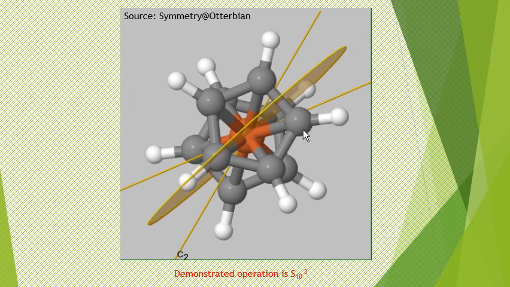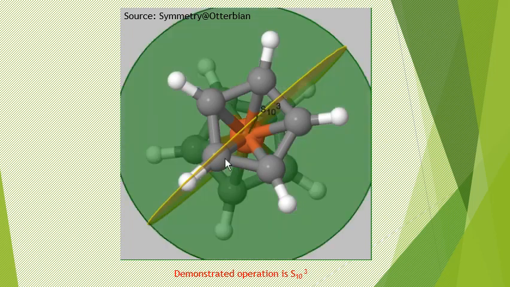Just one operation on the S10 axis I will show. So S10, exactly how many operations are possible, that should be worked out. Five different operations will be possible on S10. Out of that one, that is S10 to the 5, that will also be i, right? But let me just show you one of the operations that is possible on